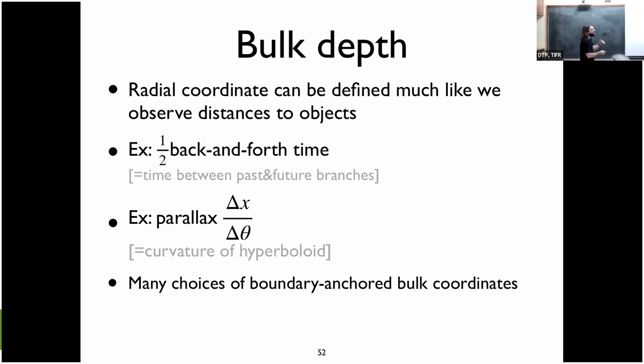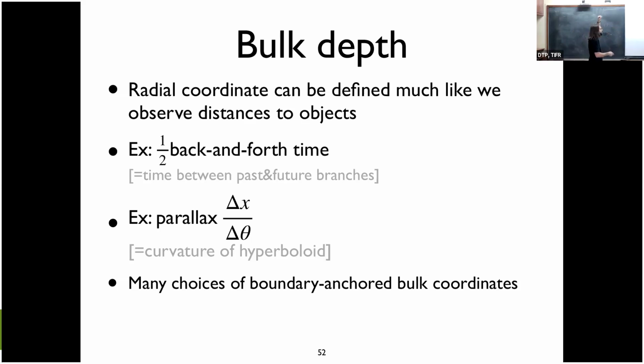For example, one notion of depth you could have to a bulk point is what's the back and forth time? Half of that is depth. So you could define that as depth. Another thing you can do to define depth is to use stereography. Ask how much a shooting angle depends on your position. What's the difference between the angle in seeing with your two eyes? And that turns out to be exactly the radius of curvature